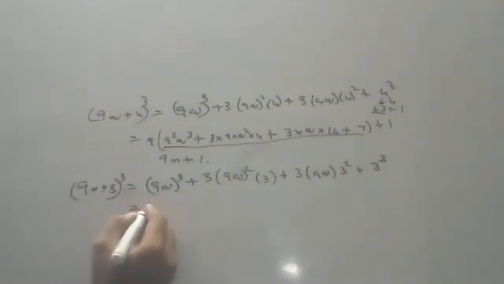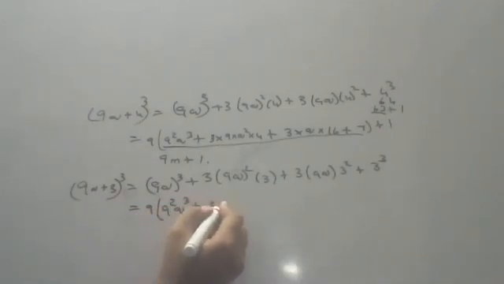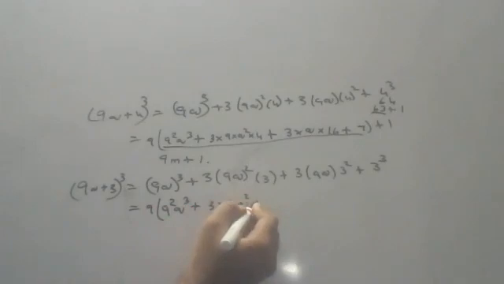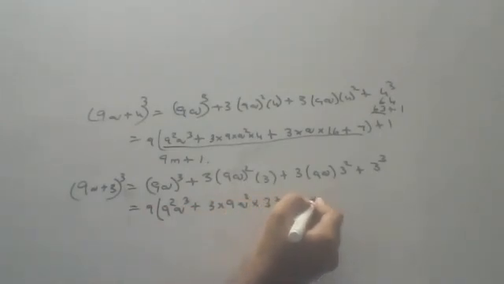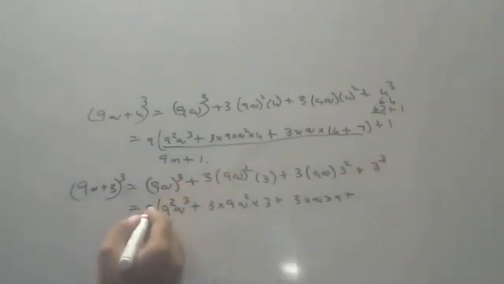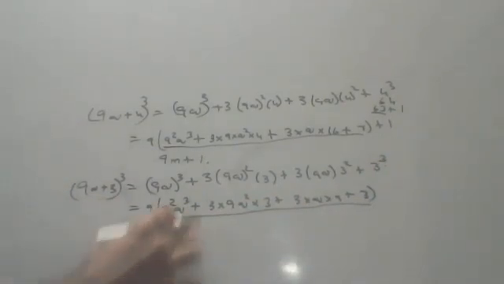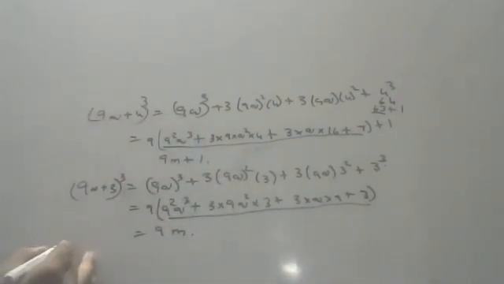Okay, so here take 9 common. 9 square cube cube. Please, Nana, see here, all of you. 9 cube square into 3 plus 3 into q into 9 plus 9 cube is 27. So in 9 table, which table will it go? 9 3s are. This whole thing, what will I write? 9m. What did he ask in the question? Either 9m, 9m plus 1 or 9m plus 8 only should come. Last one, I will show 9m plus 5.